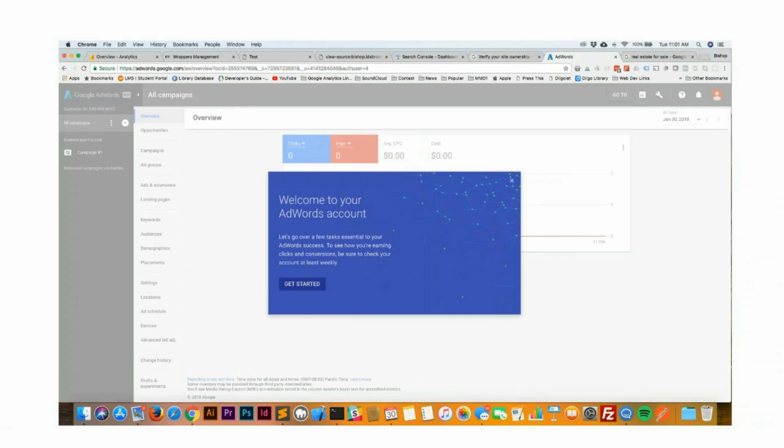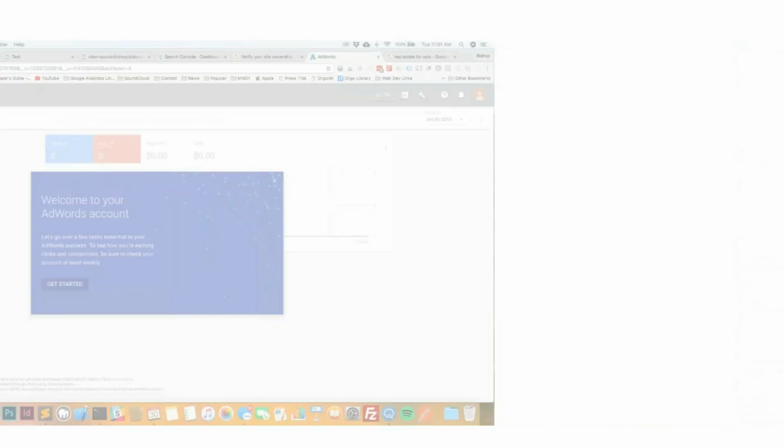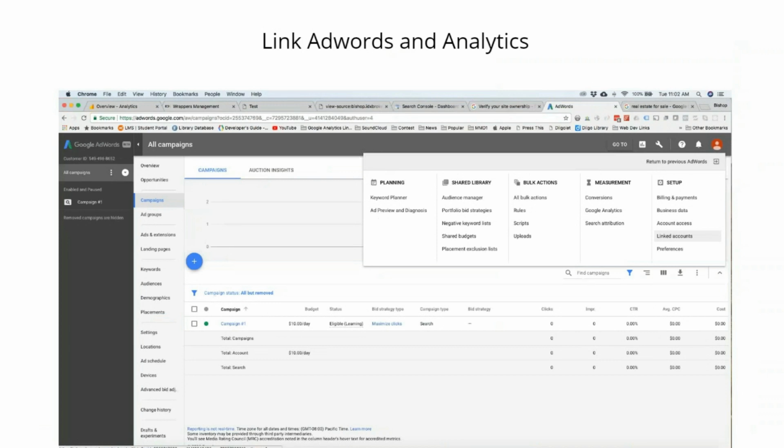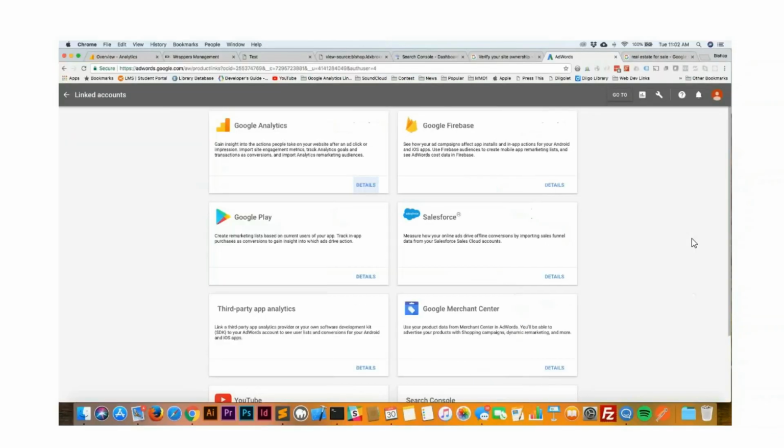So when you get in, this is the new AdWords interface. There's like a tour. I recommend following the tour for sure, because everything is kind of moved around and it's easy to get lost. There's a lot of stuff going on in here, but the important thing is the wrench icon in the top right hand corner over here. That's what you want. And then the first thing you want to do is link your analytics account. So you'll come in to this wrench icon, and then on the far right under setup there's this linked accounts. So you'll click that and it'll bring you to this page, and then you click on details under Google Analytics,